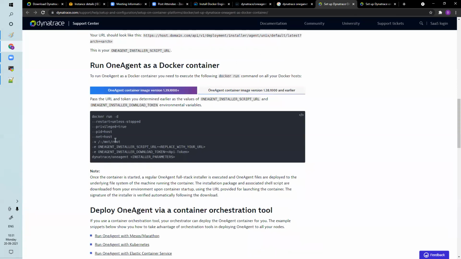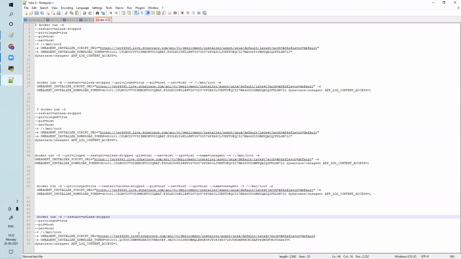You can see here, right? I took this one. Now, if you see the script, what we have got to change is this token ID we have created recently. So what I will do is copy this part till the token. Okay, till here I will copy. Control C, and I will replace it here.